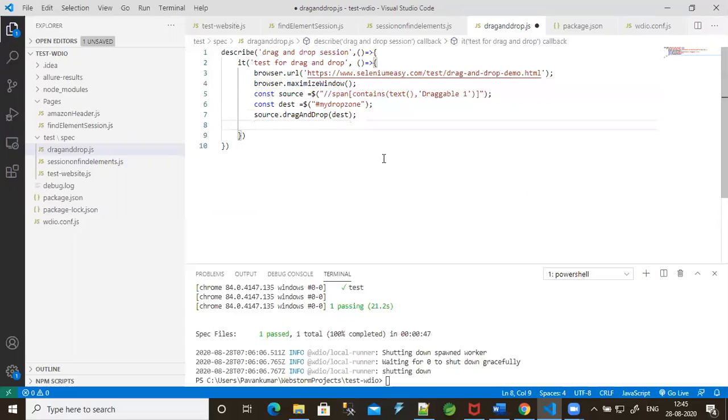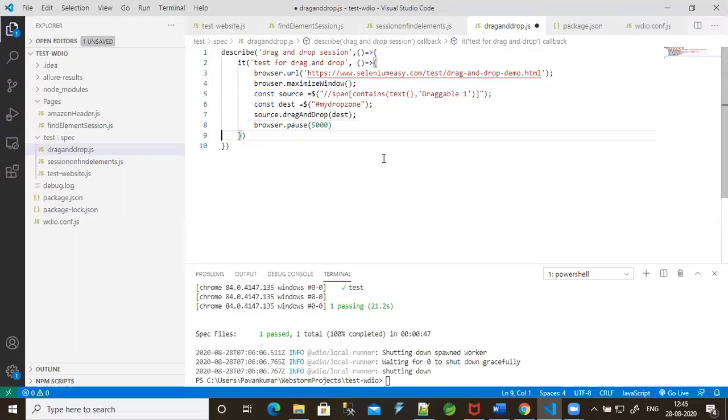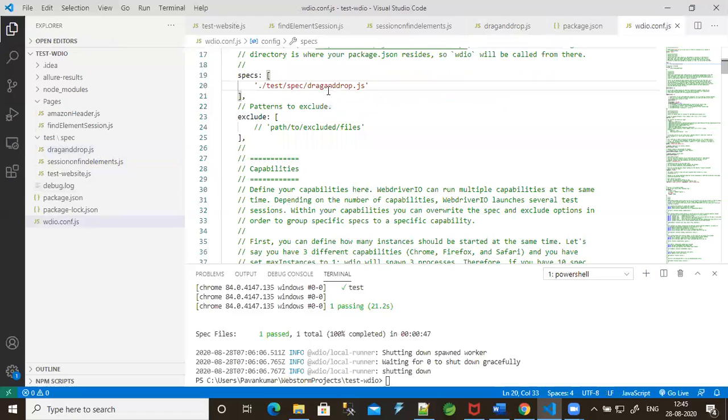I'm going to put some wait to check whether the drag and drop action has been done or not. Browser dot pause, going to give 5000 milliseconds. Let me run only this file. For that we need to mention the file, and I already gave drag and drop.js.